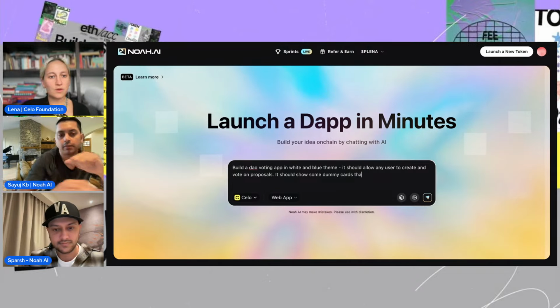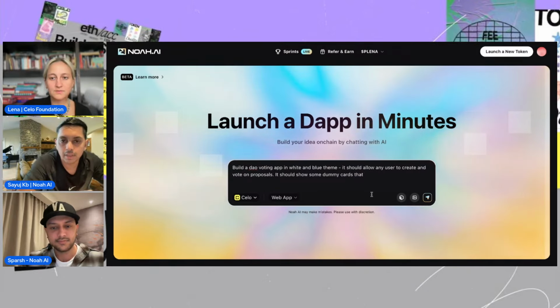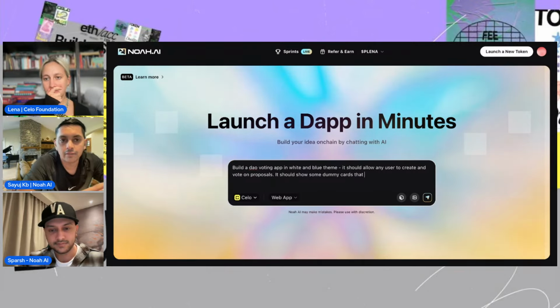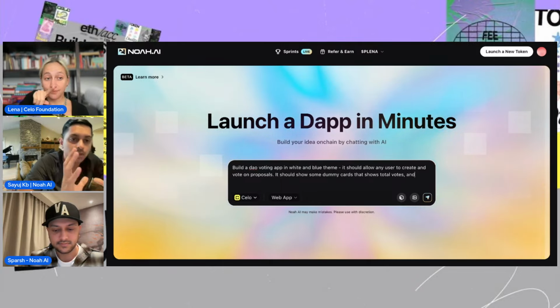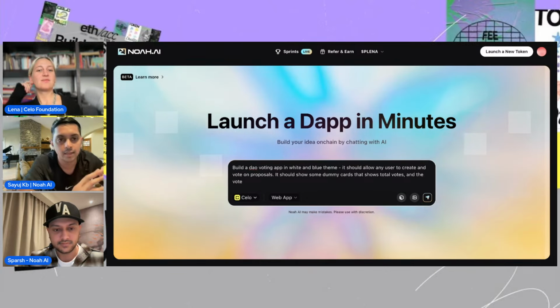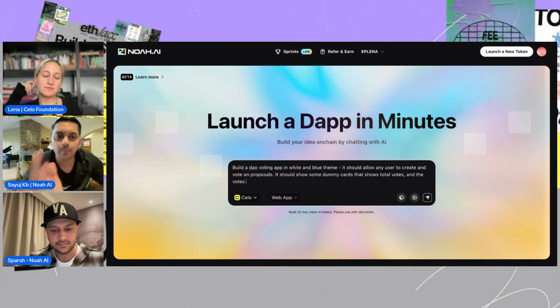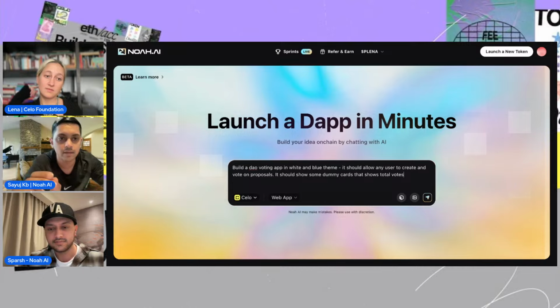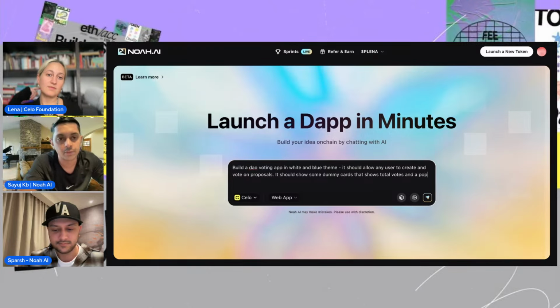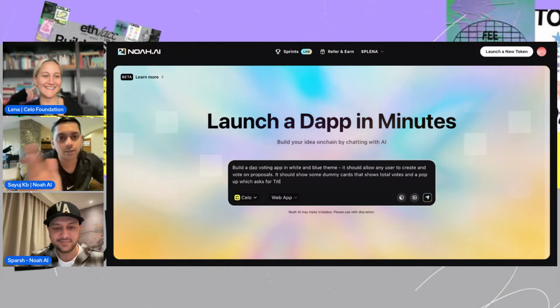Also, another tip for all the people who are watching. If you have an idea and you really want to enhance the prompt and make it more detailed, you can go on ChatGPT or any other LLM itself and tell it to make it a little bit more concise and more detailed. But in the coming days, what we're working on is that even if you put in a line, there'll be a button which says enhance the prompt, and Noah would do it for you. So it's even better for lazy people like me who don't want to switch over.